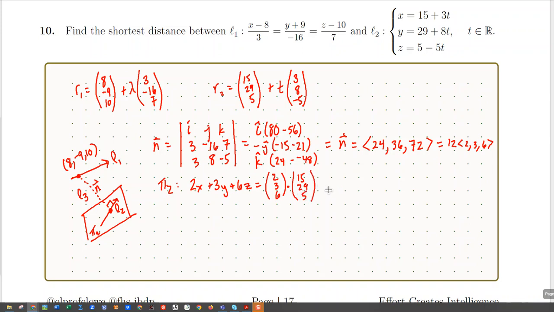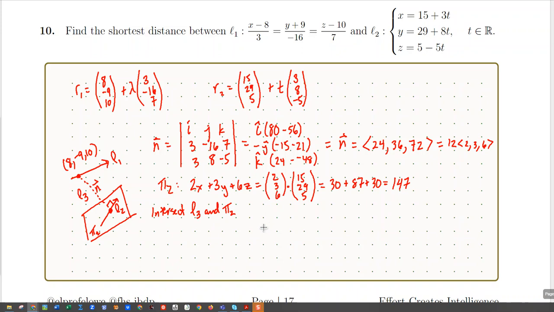And if I do that mathematics, 15 times 2, 3 times 29 is 5. That's going to be 30 plus, let's see here, 87 plus 30. So that'll be 60 plus 87, 147. So now I have an equation for plane 2, and I can figure out the intersection between line 3